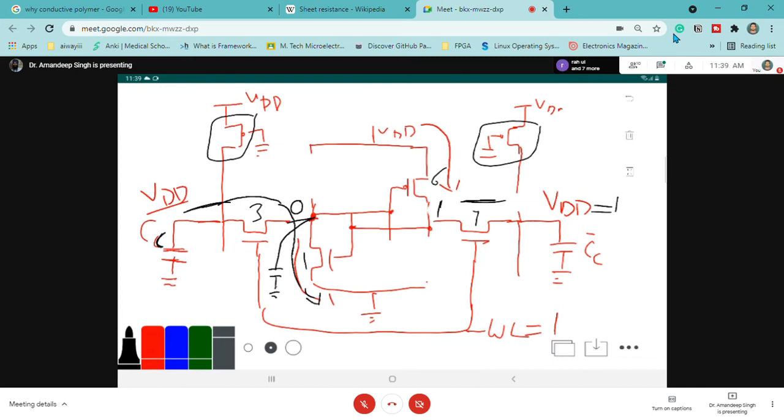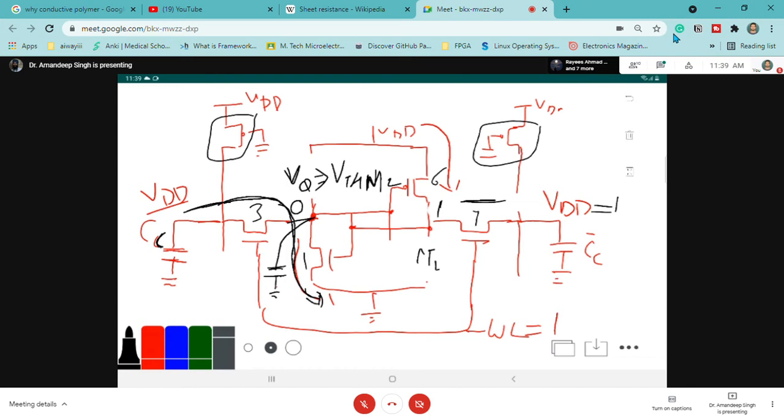Now this parasitic capacitance will charge, but it should not charge, as the current should flow through this. Now what will happen? There might be a case that the voltage at node Q can go beyond the threshold voltage of M2. I'm writing here M2. Which is M2? M2 is here, which is connected with this. M2 is actually turned off.